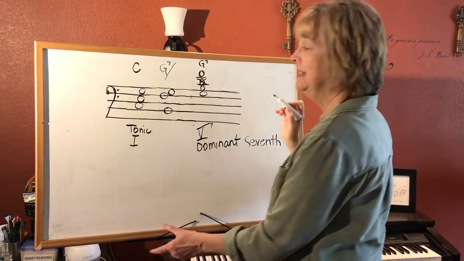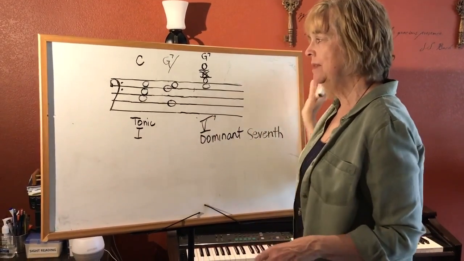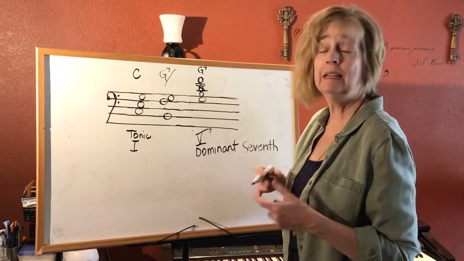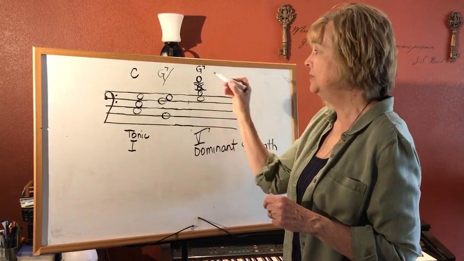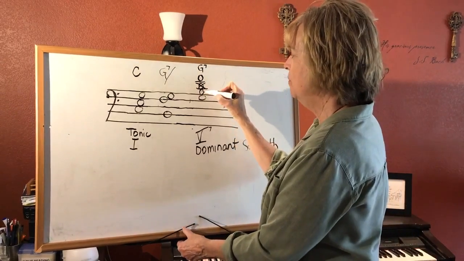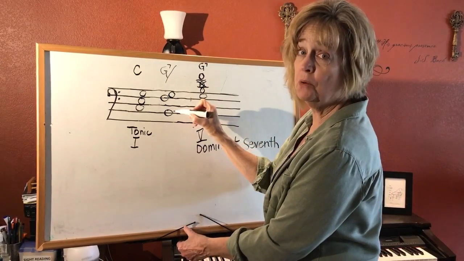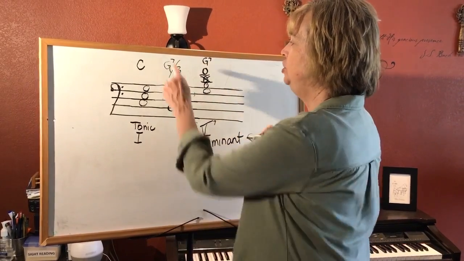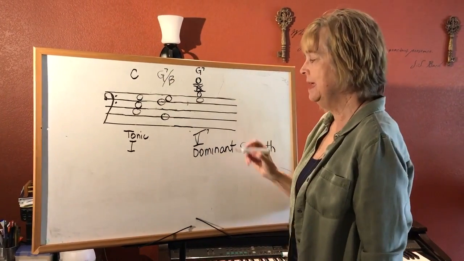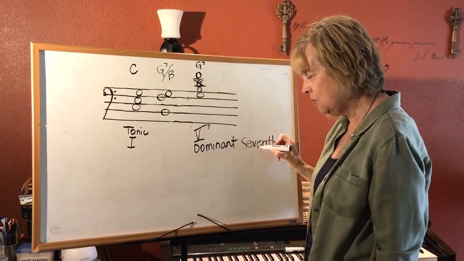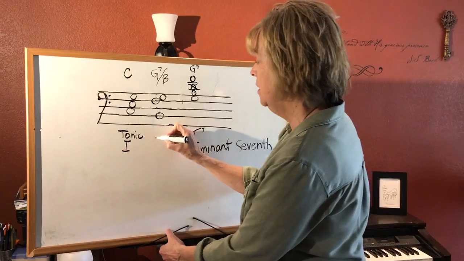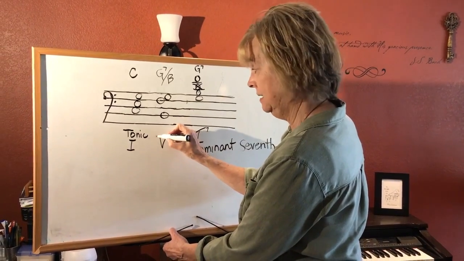But because it's in a different arrangement, and more specifically the correct word that we would use is that it's in a different inversion. And so we're going to take that G7 and we're going to name what the lowest note is. And that lowest note is a B. And so that's a G7 over a B. It's still our dominant 7th chord, but now instead of calling it a 5-7, it still is a 5 chord,